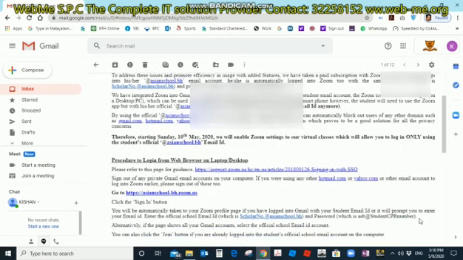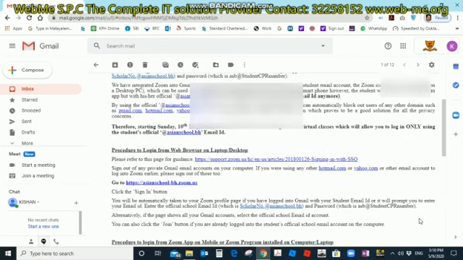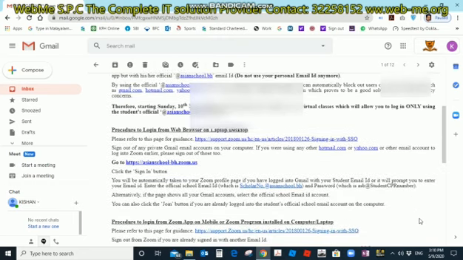As a first step, the school has issued a Gmail account to each and every student, which is in the format of a scholar number at asianschool.ph. That means if your child's scholar number is 11633, it means 11633 at asianschool.ph, like that. And the password is SB at CPR number. To complete this section, please keep it ready with you before you start: the student email ID and password provided by the school.